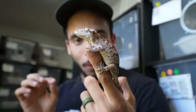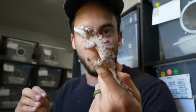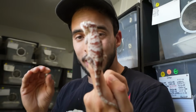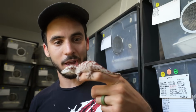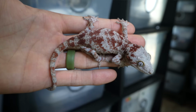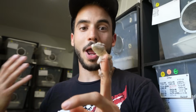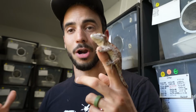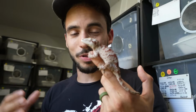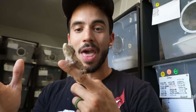You could see that Pharaoh produces a bunch of super blotched animals because that is an aberrant striped group, like I was mentioning earlier. Now this one is fired down, which I actually really like the look of in fired down super blotches because you could actually see the color contrast a lot better than if it was super fired up and it's, let's say, a red base. So whereas a red base, red blotched animal fired up looks like just one beautiful red gecko, when it is fired down you see the white base color with that contrasting red, and it makes it look that much more